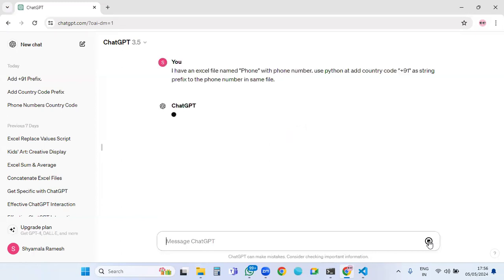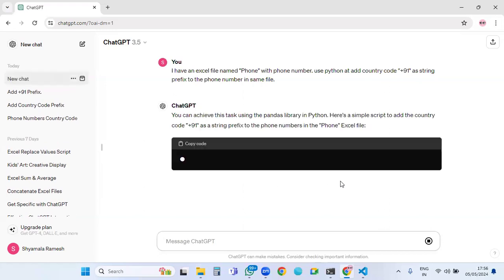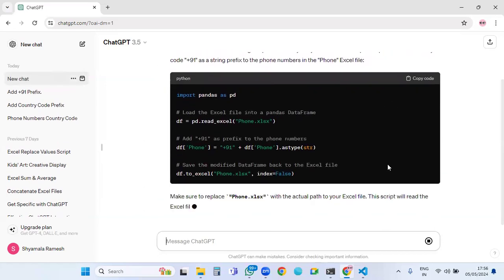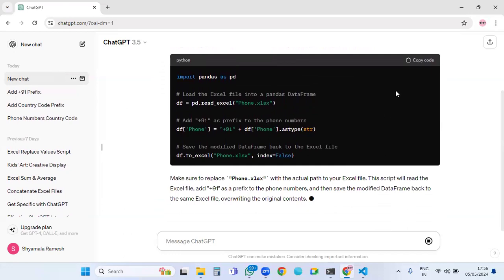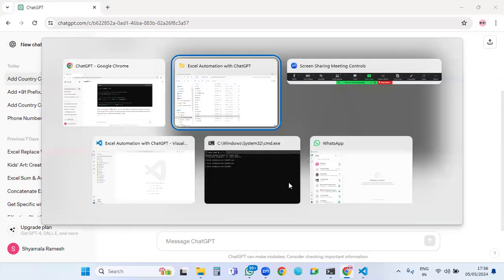So let's run the prompt and see whether ChatGPT is generating the code. The code has been generated. Make sure to replace the phone.xml file name, and it should be in the same folder. It will add +91 as a prefix to the phone numbers and save the modified data frame back to the same Excel file. So let's copy the code and go back to the IDE